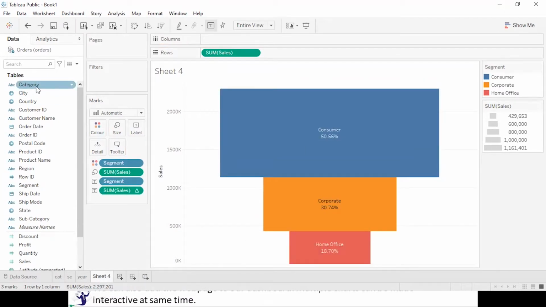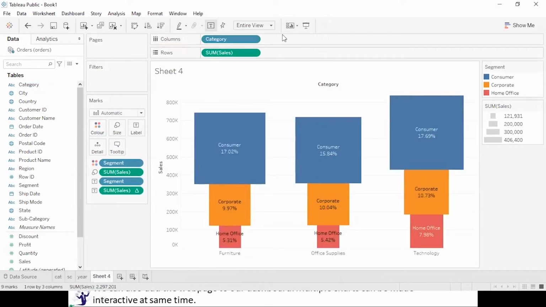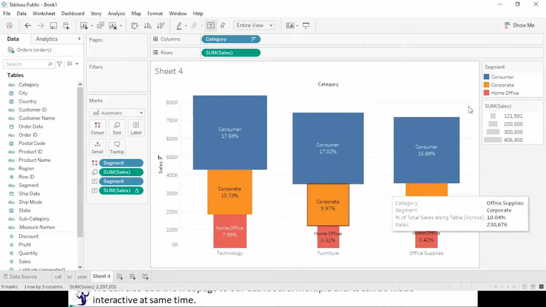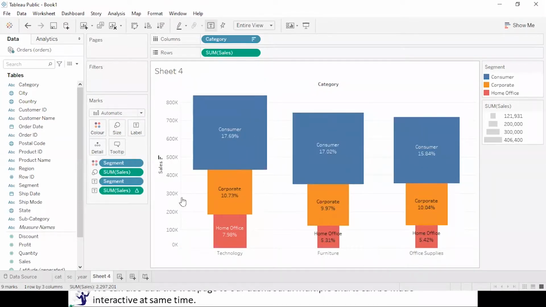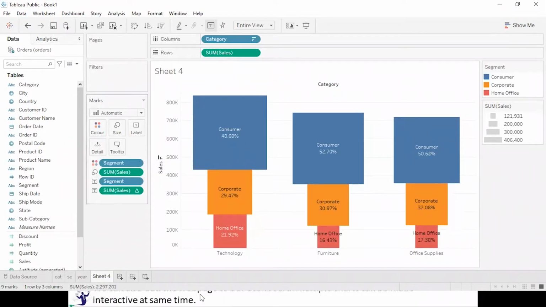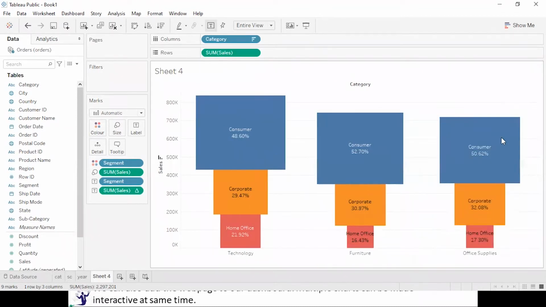And I would also like to take category over here, and let's sort it. Let's make these percentages with respect to the overall. So I want it with respect to the segment. So I will be using compute using over here, compute using segment. Here it is. Now I am getting the appropriate result. I don't need this card. I am removing this card. From day one, I told you always remove the unwanted cards. So let me name it segment.